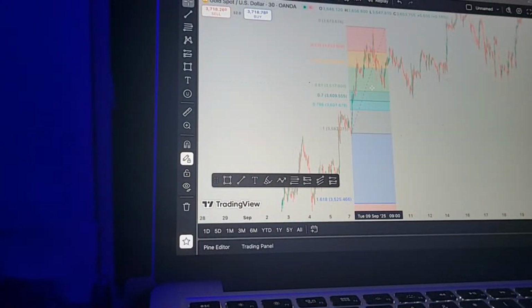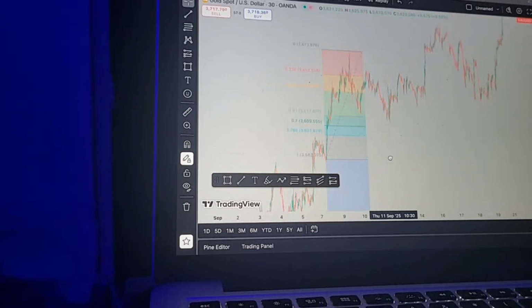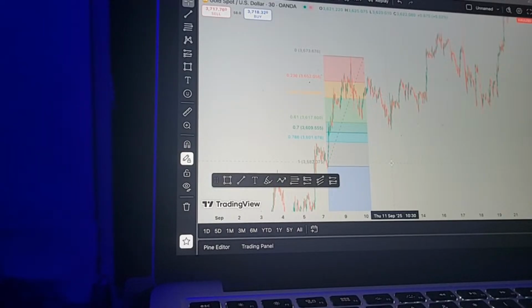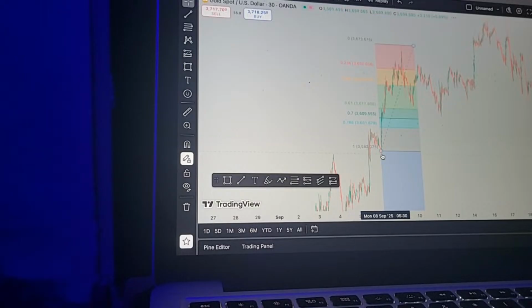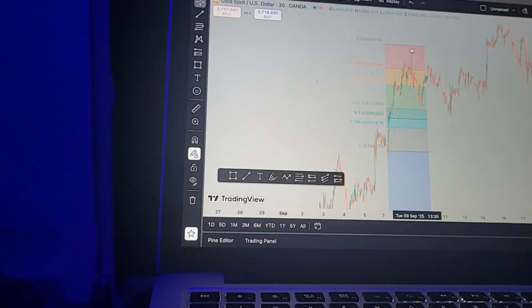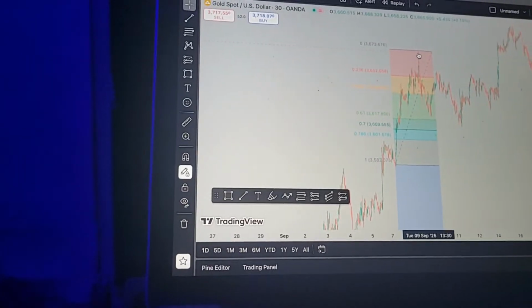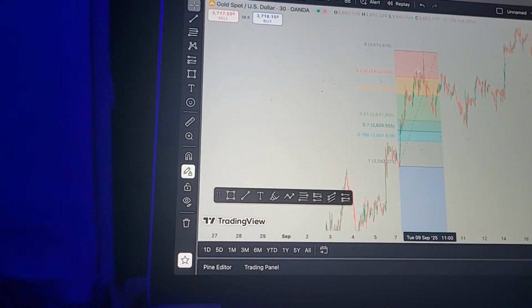Now, if you're going to be placing a trade, since we have an uptrend, we all know gold has been in an uptrend for some months now. Since we have an uptrend in gold, just place the Fibonacci retracement tool from this low right here to this high, and you wait for price to get into this section right here.